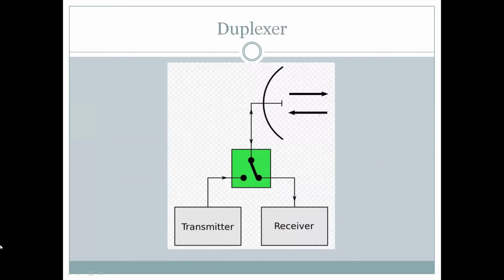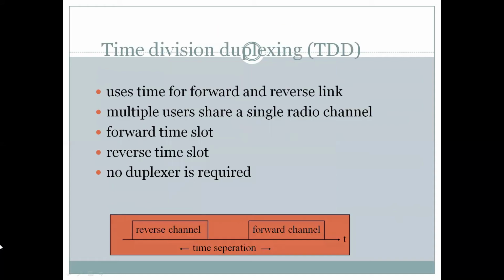Now this is how we represent our typical duplexer. You can see here that a duplexer in wireless communication is an electronic device that allows bidirectional communication in both directions over a single path. There is only a single path for communication. In radar and radio communication systems, this duplexer isolates the receiver from the transmitter, while at the same time it permits them to share a common antenna. Most radio repeater systems include a duplexer. So this is all about duplexing.